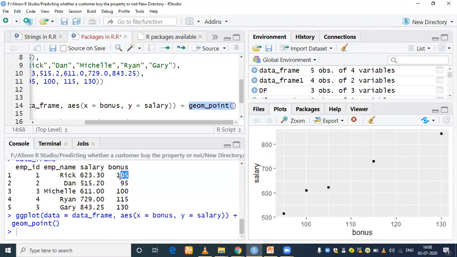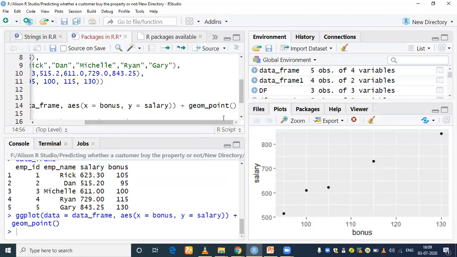If the bonus value is 105, the salary value is 623. See here, 623. And what is this? It looks like a big one. Yeah, 115. So if the bonus is 115, the salary is 722. Got it? And then last one, if the bonus is 130, salary is 843. Can you see this one? Last one? Yeah.